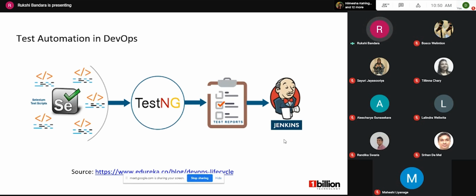So here I have taken an example that everyone can easily understand. Selenium does the automation testing, and the reports are generated by TestNG. This entire testing phase can be automated with the help of a continuous integration tool called Jenkins.